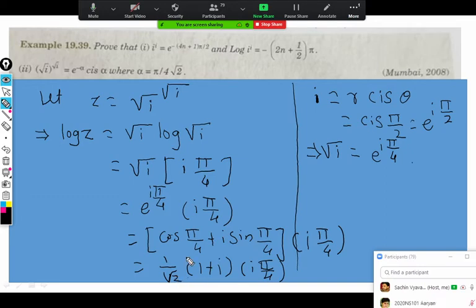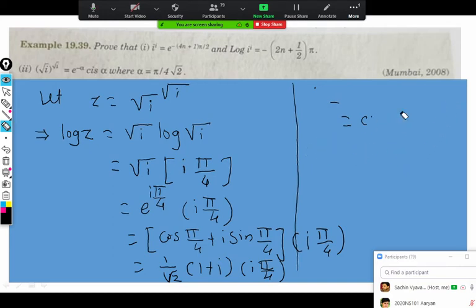So I will erase this part and write the next steps on that side. This last step once again, please tell, sir. Okay, you have the problem in the last step. Let me rewrite it again then. It is just cos pi by 4 is 1 by root 2 plus i 1 by root 2. Okay, now it is okay.